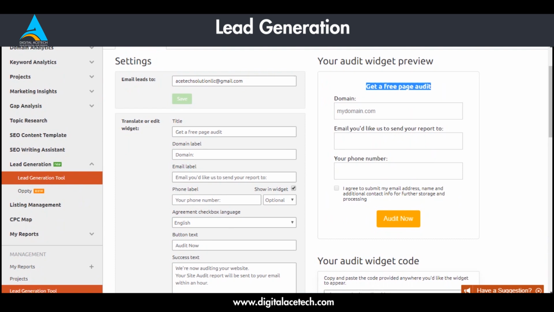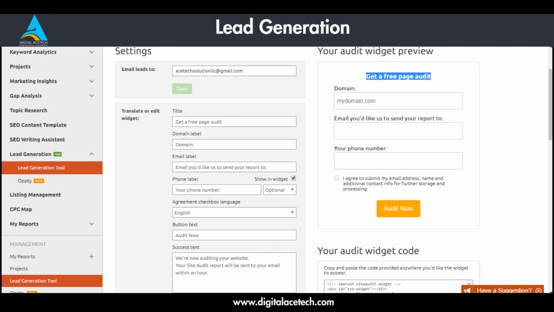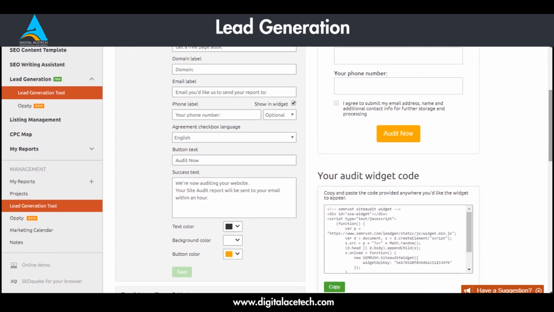And then there's a checkbox, which will obviously mean that they agree to submit their additional information or any required information that we would want in order to send them a free page audit. And then they can click on the Audit Now button. So we can see that the button color here is this, and the text color for stuff is this. So this is how you can customize what kind of